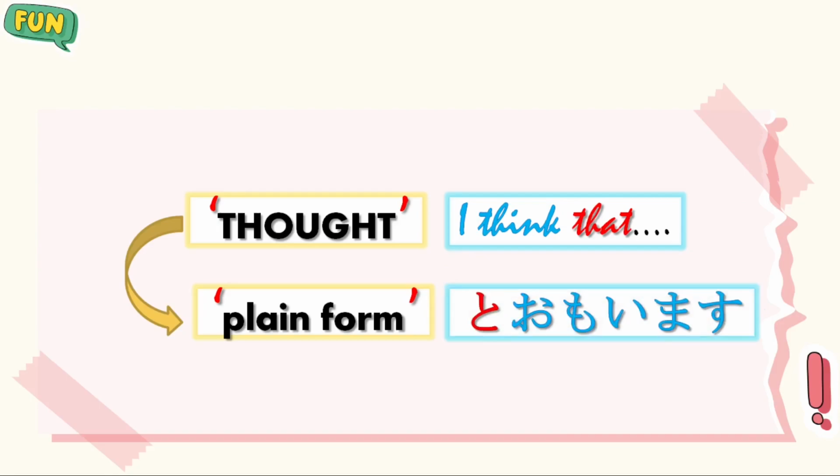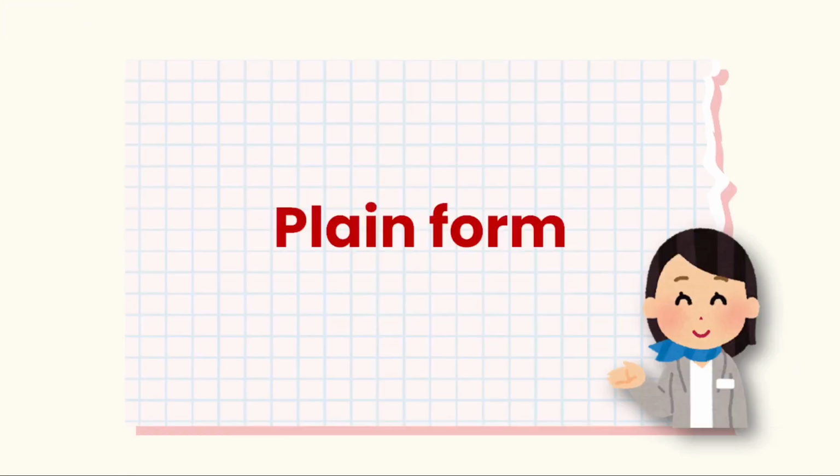Okay, now from this, just by observation, you can come to a conclusion that this to particle does the work of that in English, and also the apostrophe mark, right? So in Japanese, we do not add these inverted commas, because all of this work is done by a simple to particle. Great. Now, coming back to the plain form, as I said,